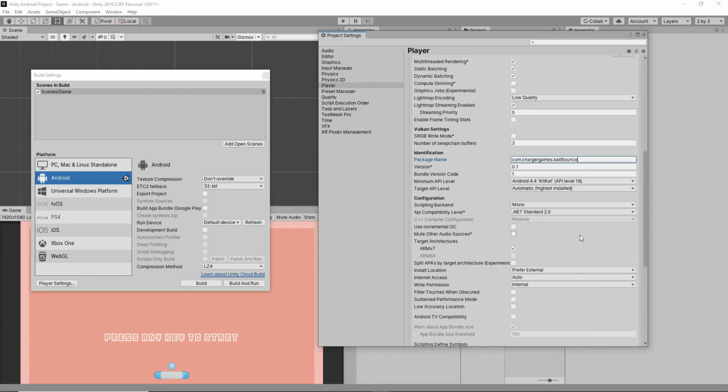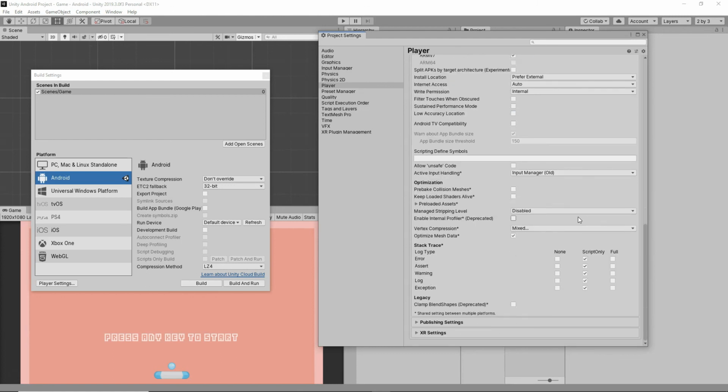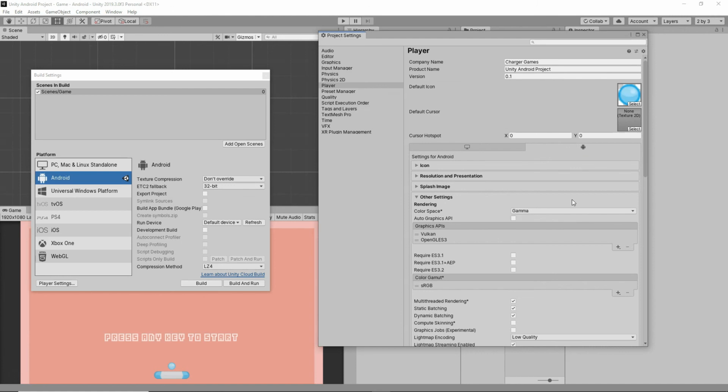And then here we have a few more settings. Make sure this ARM v7 is checked, and if you want to select this ARM64, then you need to change the scripting backend from Mono to IL2CPP. Okay, as you can see now this option is opened. If you want to publish it on Google Play Store, then you need to do this. Otherwise you can simply keep it Mono and keep it like this, and all these things should work fine as they are already here. Now we can close it,